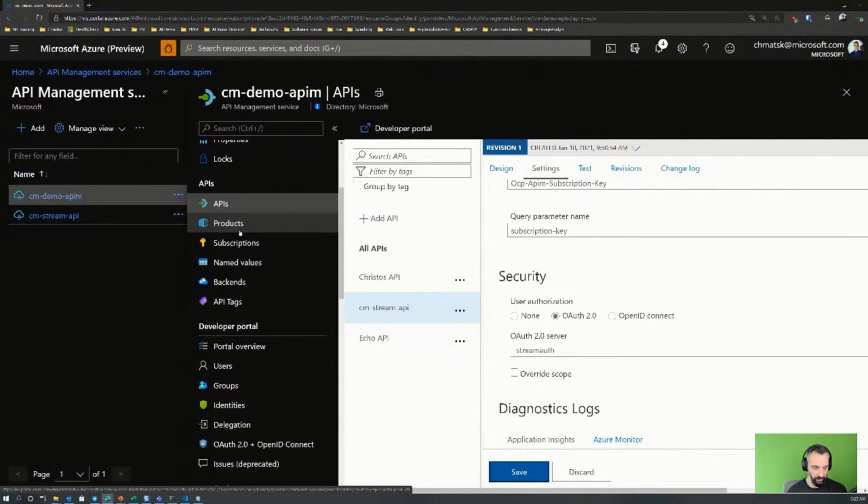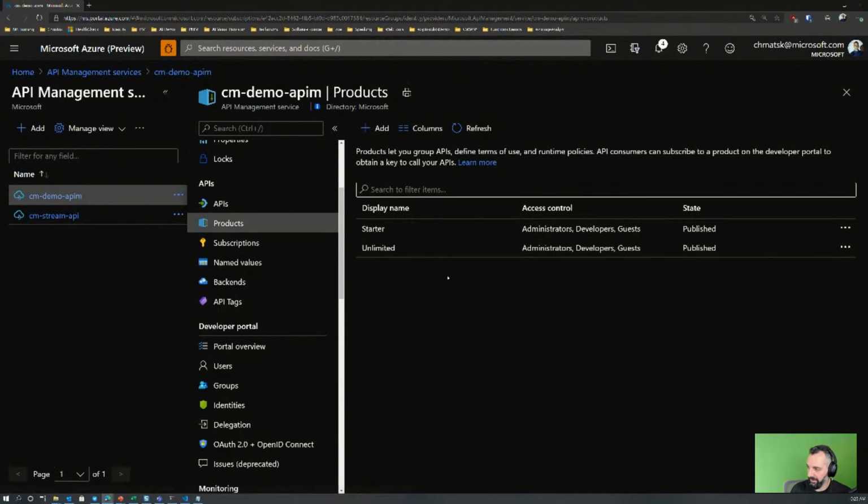So somebody might say, you know what, I want to subscribe to product X, which is a test, and I can only get 5 queries a day, or let's say 100 queries a day. But when they're happy with the API and the usage, they can say, I want to upgrade to the business tier, and that allows you to start monetizing and what have you. So there is a notion of products in the API management, and right now we have a starter and unlimited,